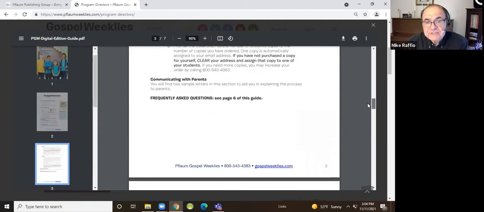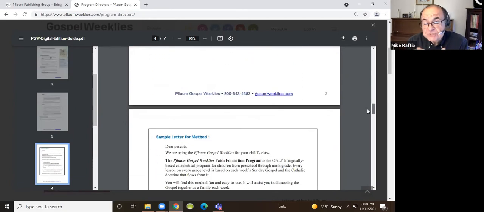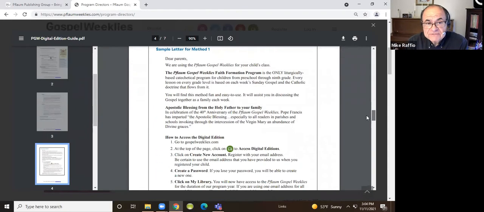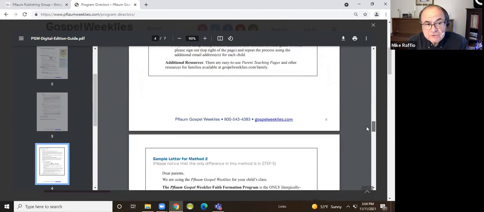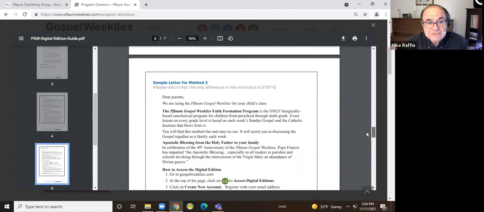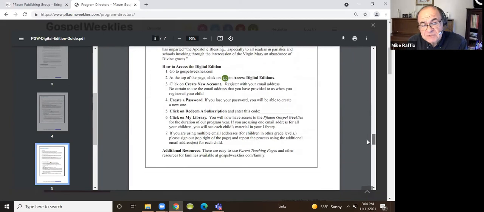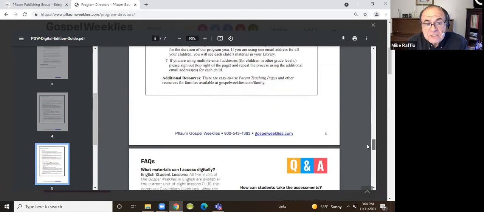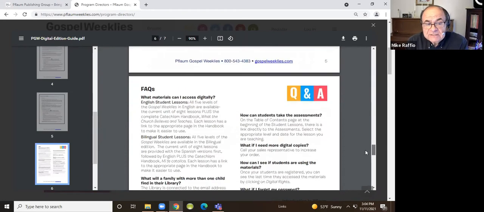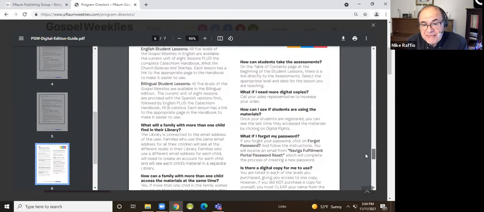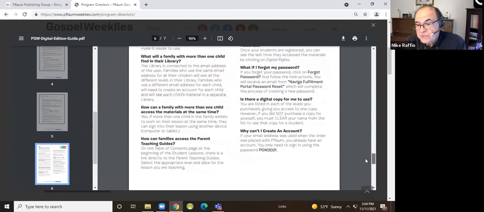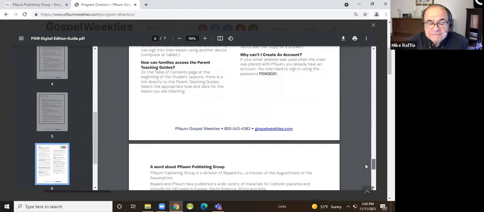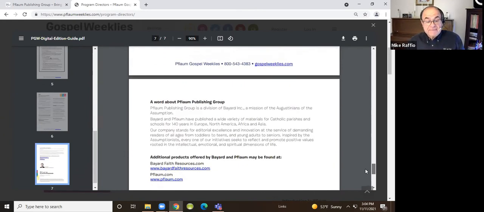And on the second page, there are 2 ways that you can share that information with parents. And then we've given you 2 sample letters. Depending on which way you choose to share it with parents, there's a sample letter for the first method and a sample letter for the second method. And then finally, I've done a little frequently asked questions page, some FAQs, which I will refer to as we are going through the instruction here today.